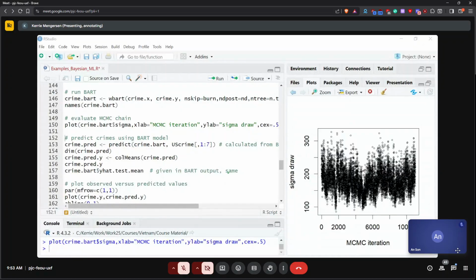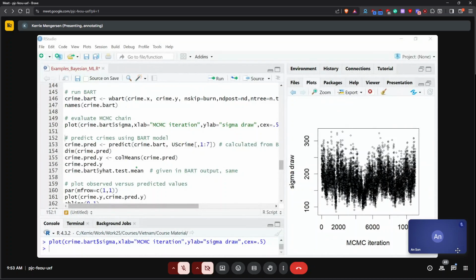You can do this for any of the parameters to see what you can see. What I'm looking for here is any major pattern. If this was mine, I'd be looking to see why I'm getting a big dip at around 5,000, 5,500 here. But generally, it's okay for sigma.